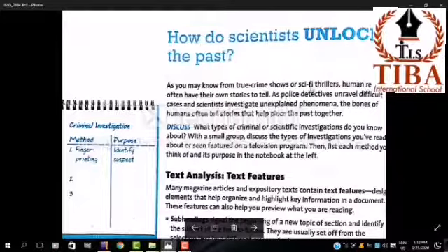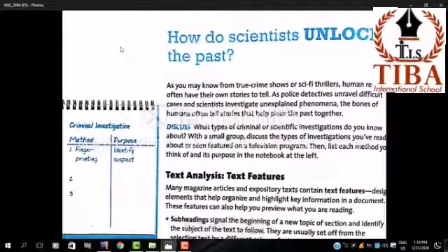As you may know from true crime shows, whatever you are reading or watching, sometimes we use sci-fi thrillers, which means science fiction thrillers, like exciting movies. Of course, while you are watching these movies or whatever channel you are watching, human remains often have their own stories to tell. As police detectives